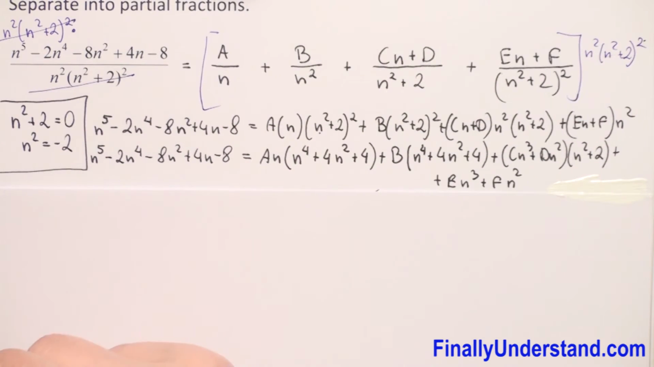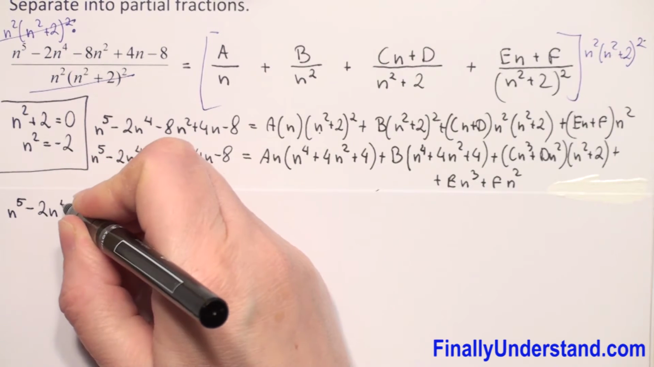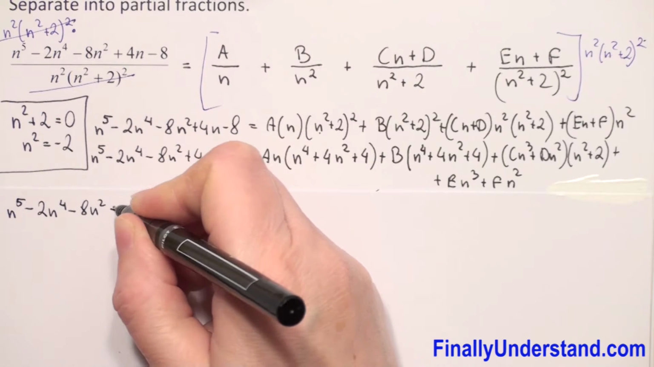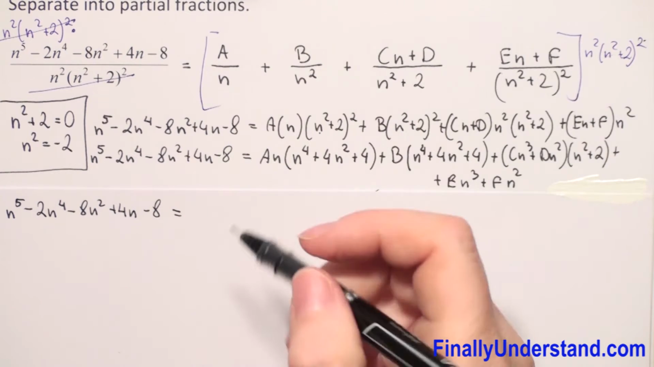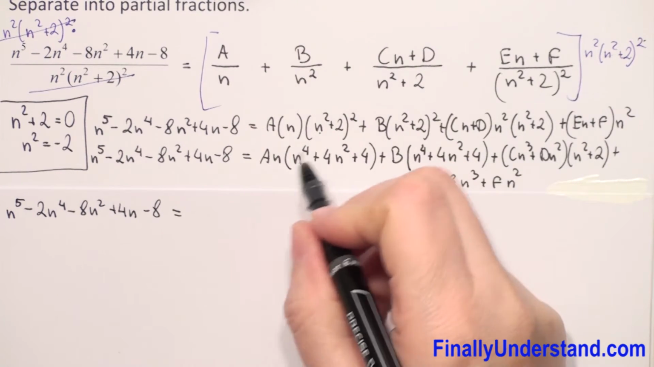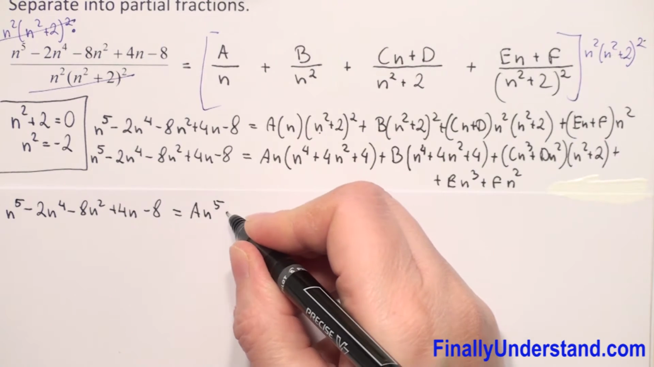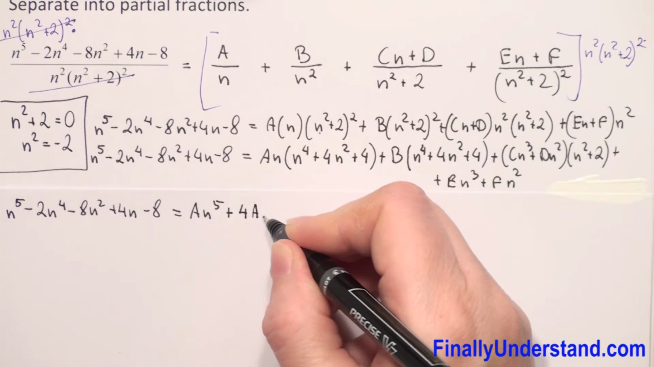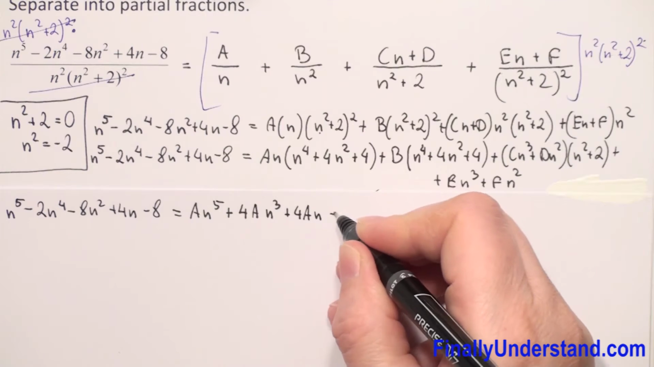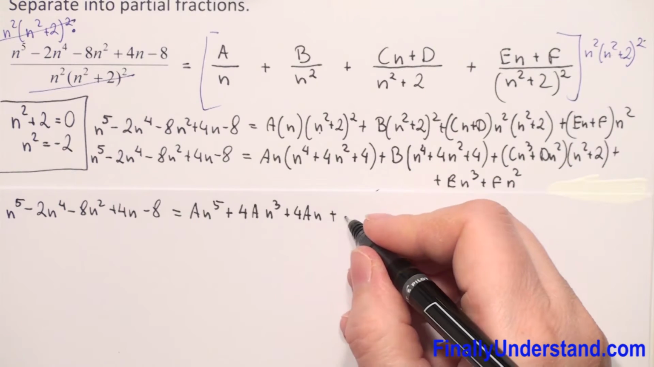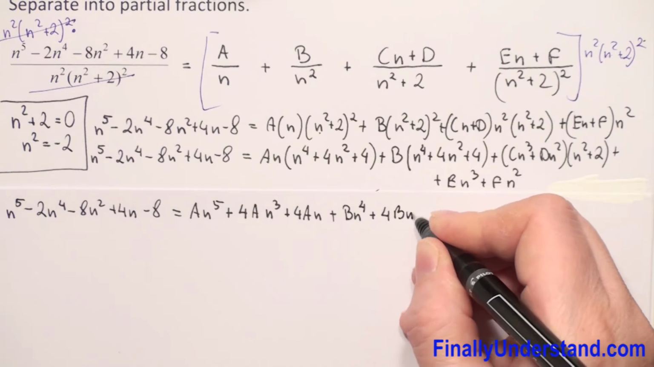And now left side again we will rewrite, so we have n to fifth power minus 2n to fourth minus 8n squared plus 4n minus 8. This is equal, and now on the right side we have to multiply every expression in parentheses times an, so it will be an to fifth power plus 4a n to third power plus 4a n plus, and now times b, so it will be b n to fourth power plus 4b n squared